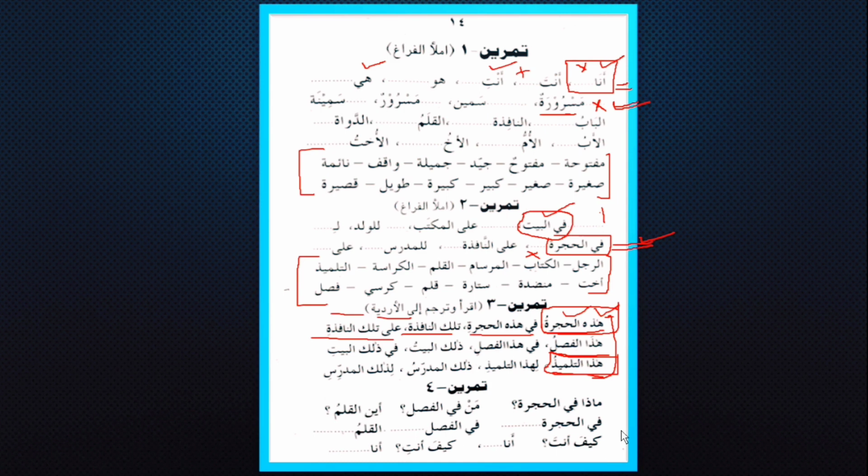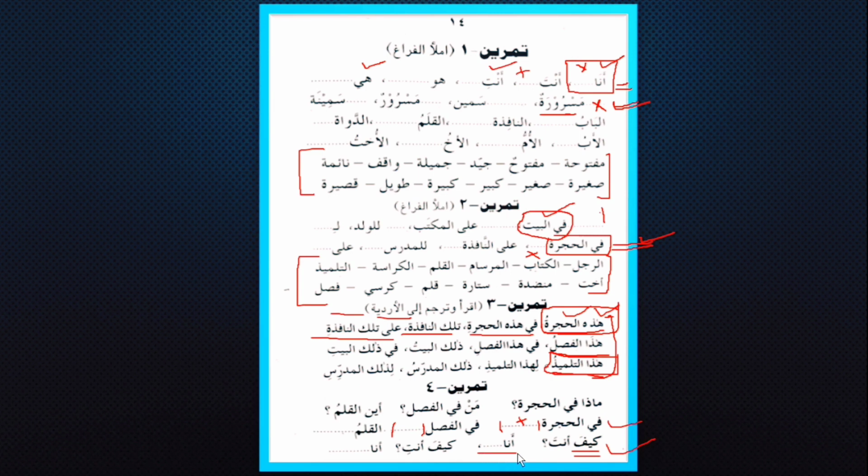These are three questions. The answers are given here. Fil hujrati, write any word from your memory, from your vocabulary that suits this blank place. Fil fasli, the question is man fil fasli, who is in the classroom. Answer is given here. Fil fasli, and then is a blank place. You have to put any word here. We also learn here another interrogative word, that is kaifa, which is used for asking condition. Kaifa anta, how are you?